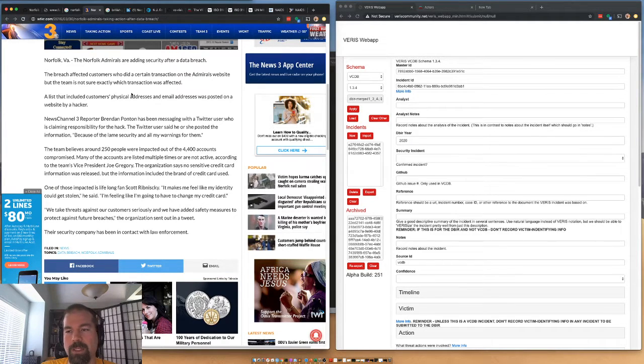The team believes around 250 people were impacted out of the 44,400 accounts compromised. How does that work? Many accounts were listed multiple times or not active. According to the team's vice president, the organization says no credit card information was released, but the information included the brand of the credit card used. So in other words, the guy got it and was just good enough not to release it.